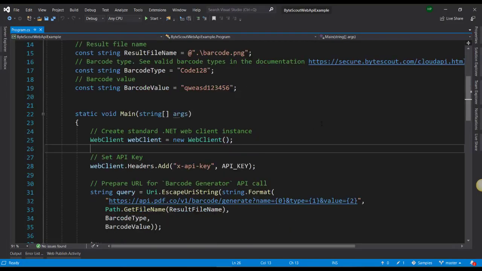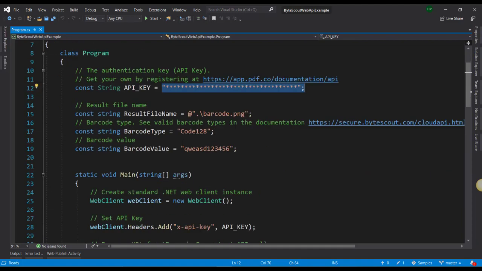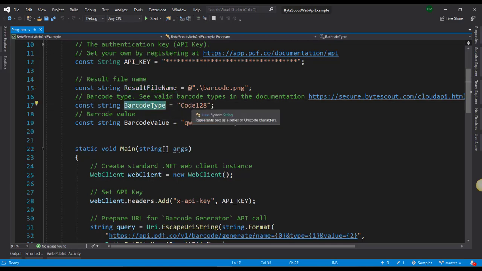I have the C# code here running, and if we go through the code, first of all, we have this API key placeholder. So we have to provide the API key here. Then we have the parameter for the result file name, where we have specified the barcode type as code 128.